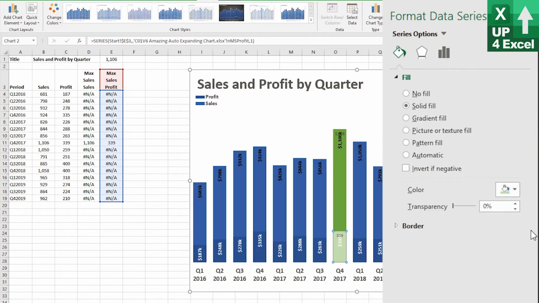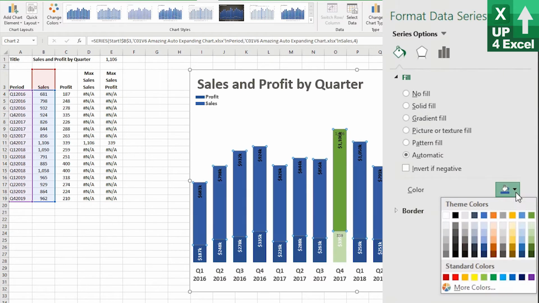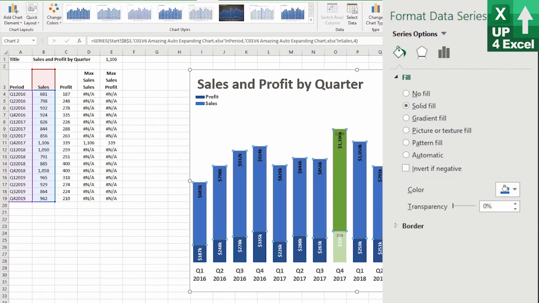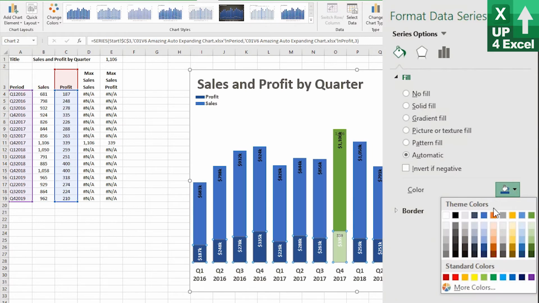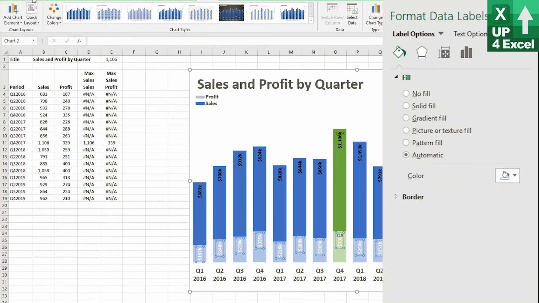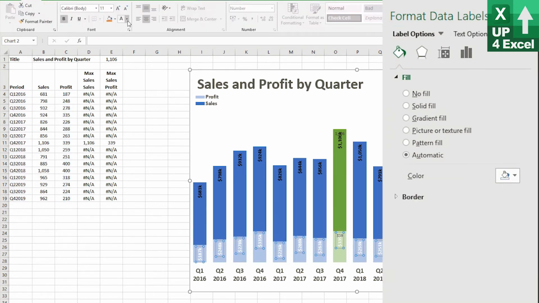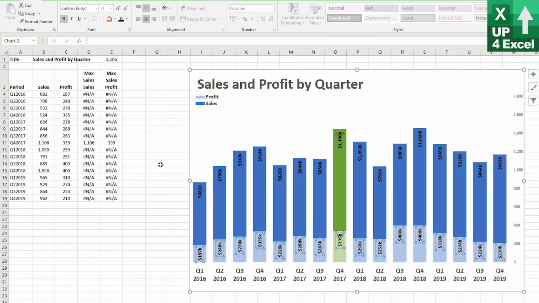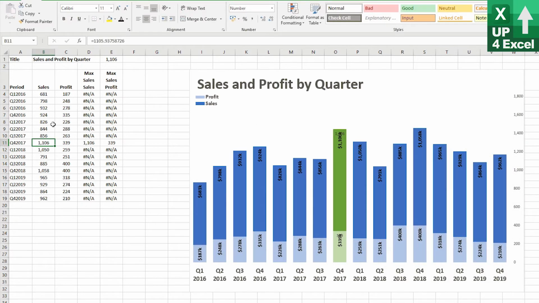We'll go with 60% say. And while we're at it, we'll do this series too. So this one we'll do as that blue, as it is, and the bottom one will go with 60% also. And then we'll change all these data labels to black. So we're getting somewhere now, right? So if I now introduce this one up to 150, for example, we have a dynamically moving green